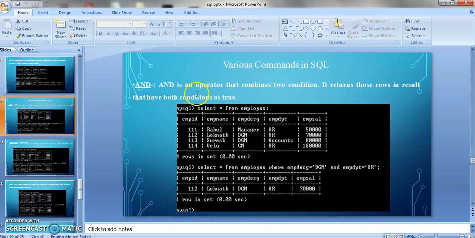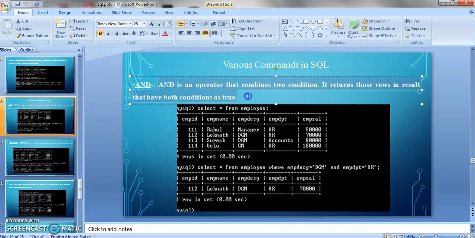The topic is various commands in SQL, and the first command and operator that we are going to learn is AND, A-N-D. So what is AND? AND is an operator that combines two conditions, and it returns those rows in the result that have both conditions as true. As we know, in SQL we operate on the database, that is a table, and a table has a combination of rows and columns.